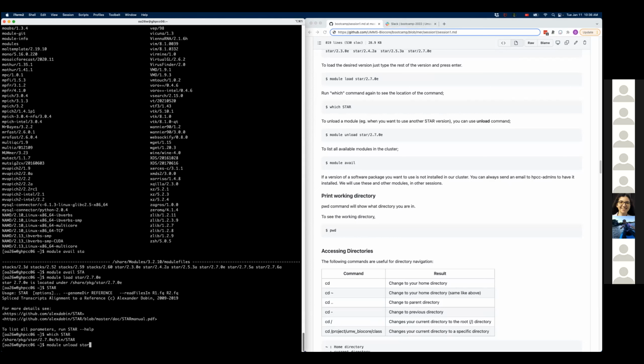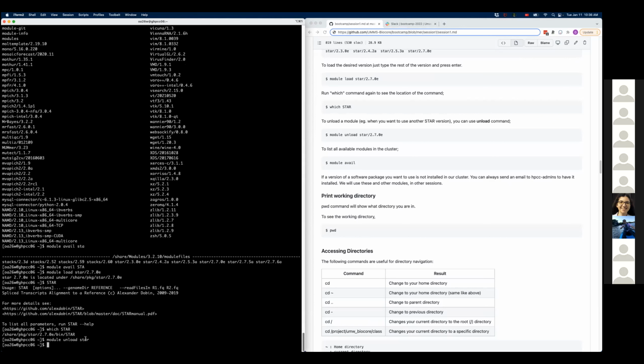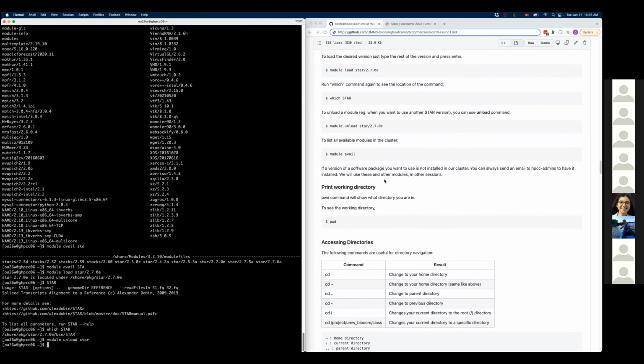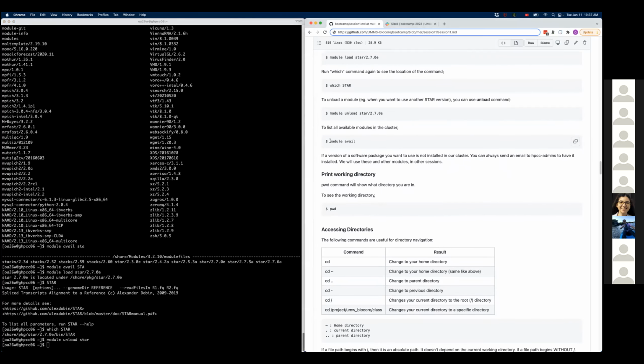You could just do module unload star, and it's going to unload that. And we've already shown the module avail, which shows everything that's available. And if you just start typing a few characters that's in the software name that you are looking for, things become much easier. You will get a smaller list, basically.